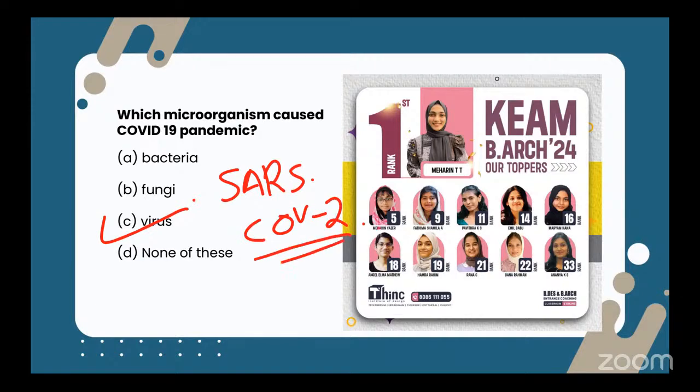Okay, SARS-CoV-2. This is the virus that specifically causes COVID, which was the reason for the COVID-19 pandemic. SARS means severe acute respiratory syndrome. Coronavirus 2, so that is SARS-CoV-2. It comes from a larger family of viruses known as coronaviruses, which can cause various illnesses, including the common cold. Okay, all right.